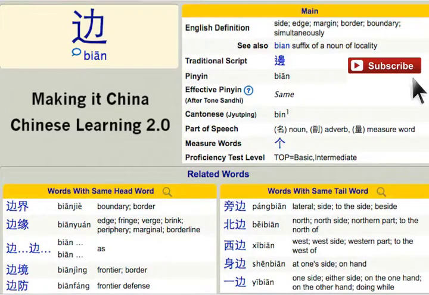Alright, so right now we're going to talk about the character bian, the word, the meaning, the syllable bian. What we do here, if you haven't followed the other videos, is look at one character and see how that character combines with other characters when it's on the left side first, and when the character is after another character, and what the meanings are. And then we'll look at the pinyin and the translations on both sides,